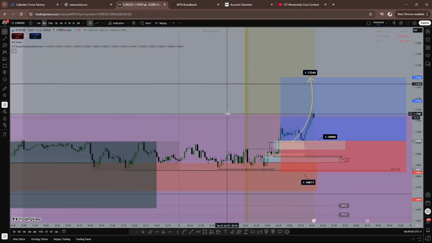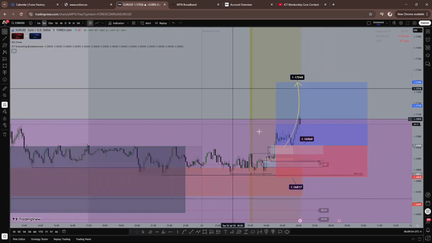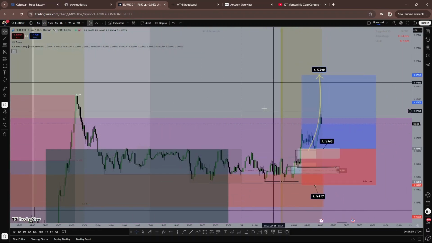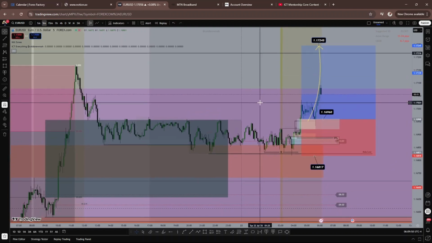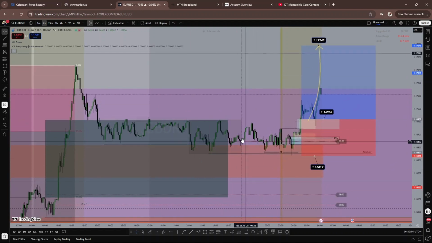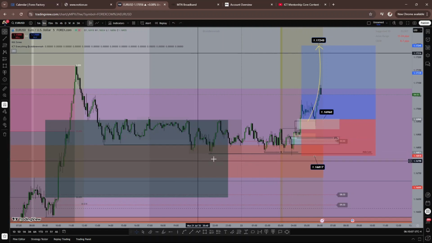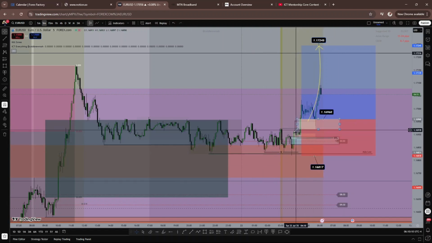So that's when I dive into my, I'm sorry, my 5 minute time frame to see what price is currently doing. And there I started reading the structure of the market. As the day starts, I have this Asian range here. What I always love to say is, if price wants to go high, then I want to see it sweep Asian low, give me displacement above, break above structure. Sweep Asian low, break above, which is what it did here.